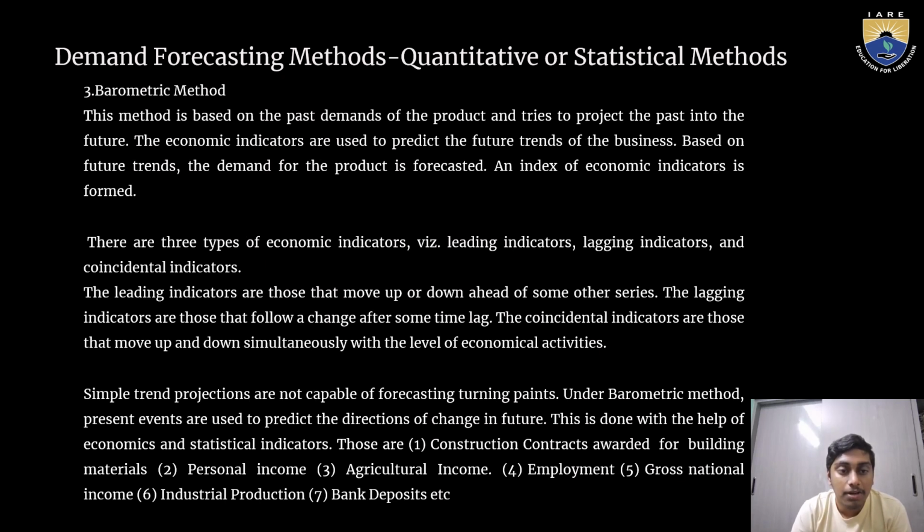Third method is barometric method. This method is based on the past demands of the product and tries to project the past into the future. The economic indicators are used to predict the future trends of the business. Based on the future trends, the demand for the product is forecasted. An index of economic indicators is formed. There are three types of economic indicators: leading indicators, lagging indicators, and